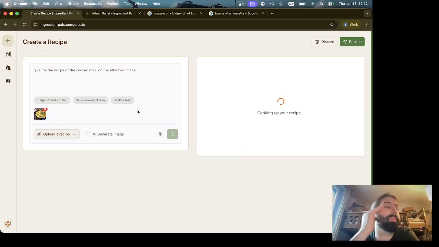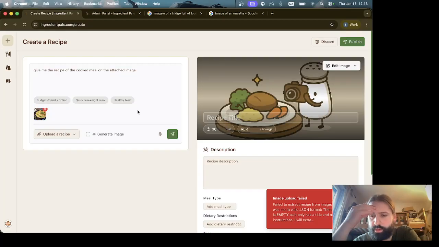Let's wait. I just want to make sure that I see the error. The existing recipe is empty. That is another bug that I have to actually fix. Maybe I'll do that. I think it's got to do with